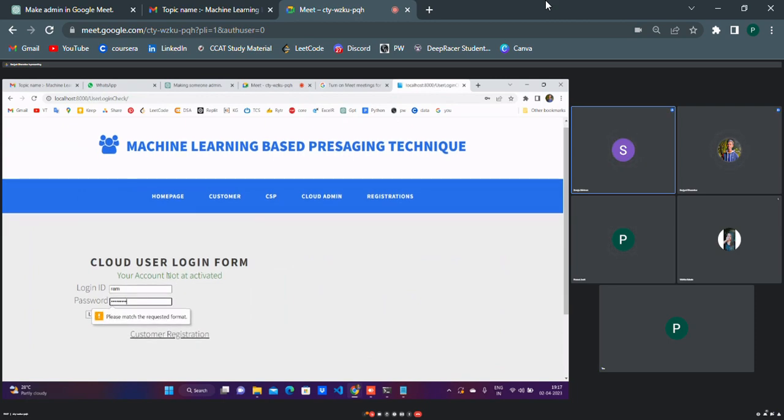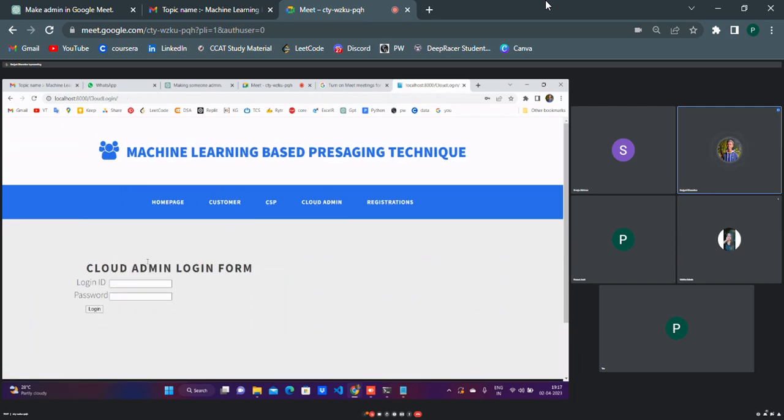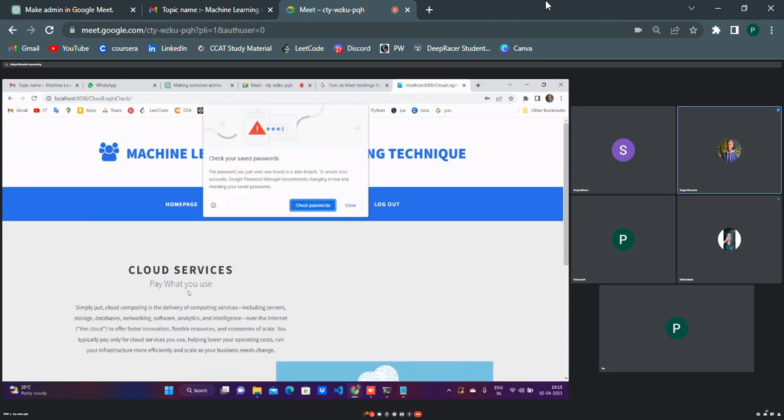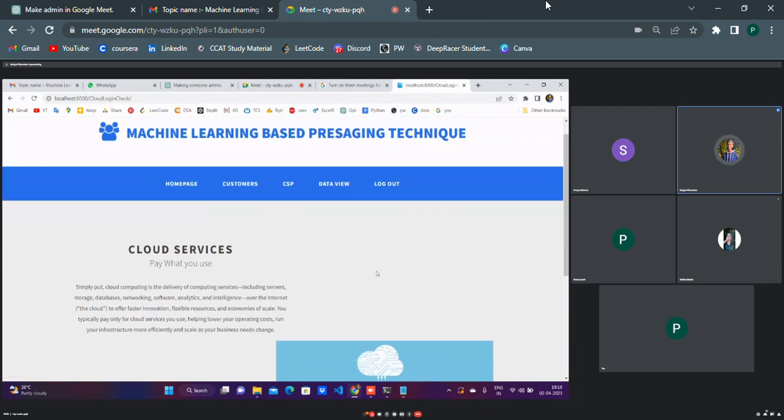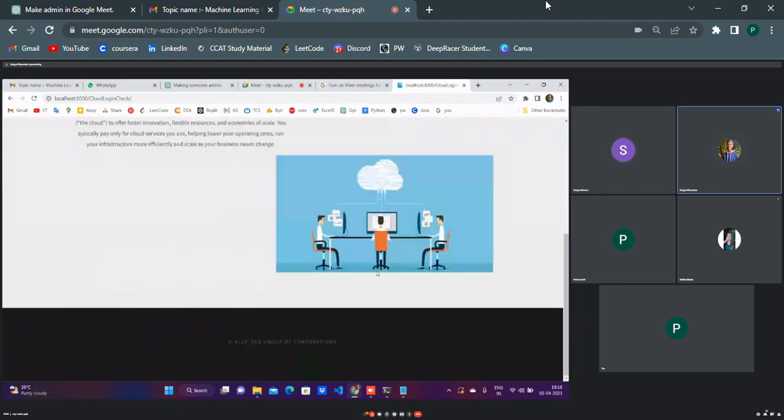Now log in as admin. Cloud admin. The login ID is cloud admin, and the password is admin only. Always I will keep the admin user ID and password as admin. This is an admin page. So in the admin page,